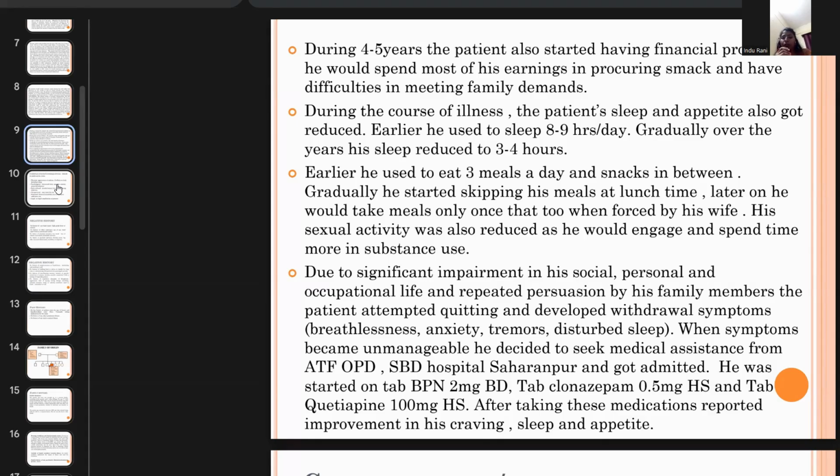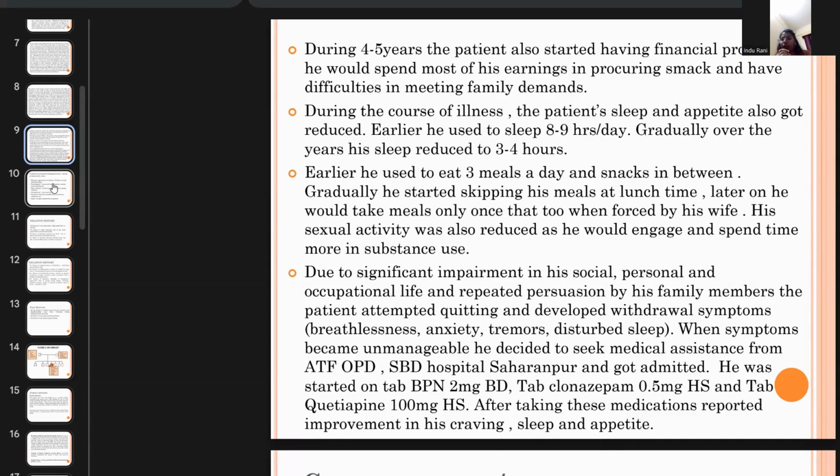Earlier, he used to eat 3 meals a day and snacks in between. Gradually, he started skipping his meals at lunchtime. Later on, he would take meals only once, that too when forced by his wife. His sexual activity was also reduced as he would engage and spend more time in substance use. Due to significant impairment in social, personal, and occupational life and repeated persuasion by his family members, the patient attempted